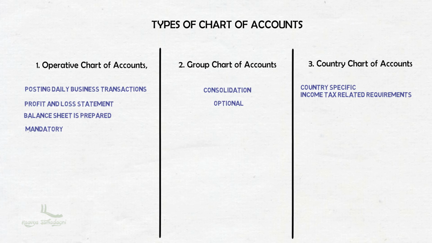So let me give you an example here. If I have a company code in many locations, say India, USA, UK, etc., think that Indian company is the corporate office. All my transaction will be based on the Indian standards. But if I want to prepare a PL statement and balance sheet country specific, like specific to UK, specific to Australia for their statutory requirement, then I have to maintain the country specific chart of accounts.